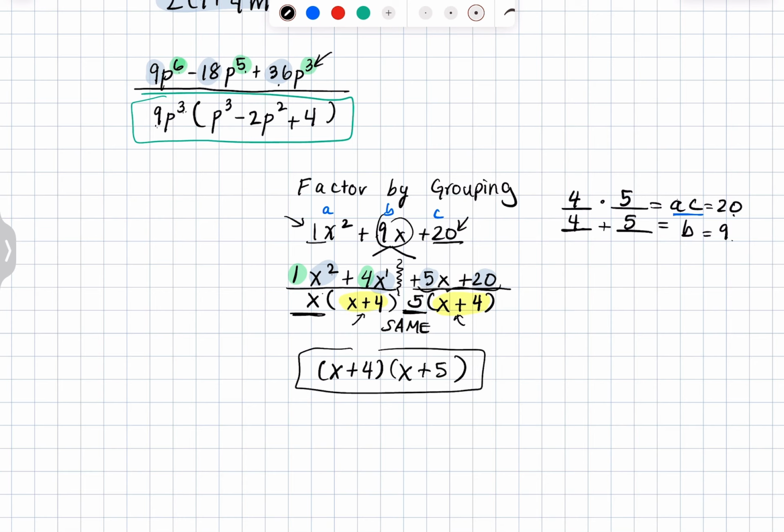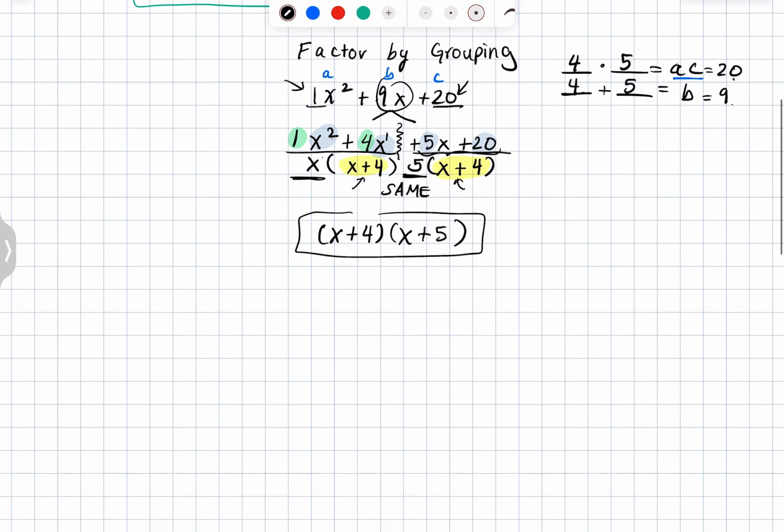That's factor by grouping. Finally, let's look at another example. So actually, let's do this. We have 3x squared minus 10x minus 8. We first want to look if there's any greatest common factors here. We have none. So all you're going to do is write 3x